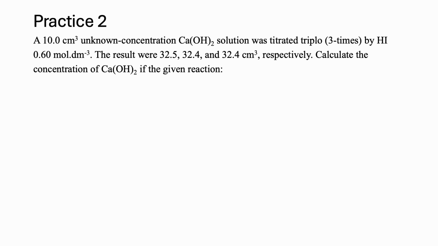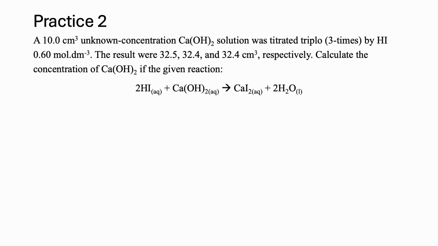by hydrogen iodide, 0.6 mol/dm³. The results were 32.5, 32.5, 32.4, and 32.4 respectively. Calculate the concentration of calcium hydroxide. The given reaction is already balanced: 2HI + Ca(OH)2 to form